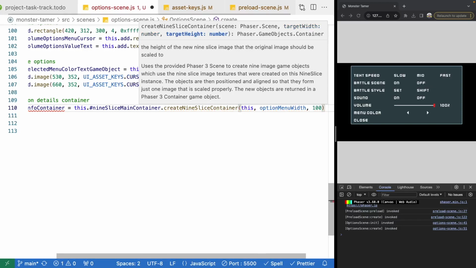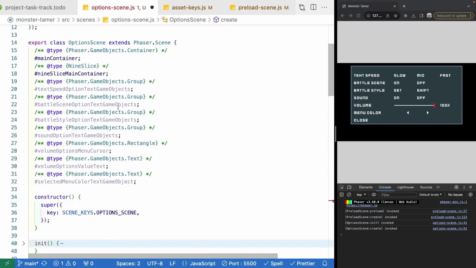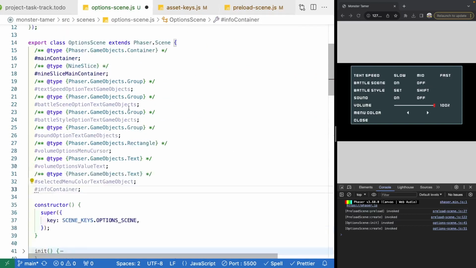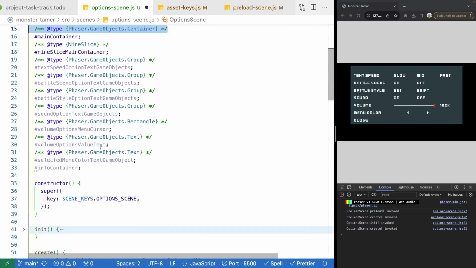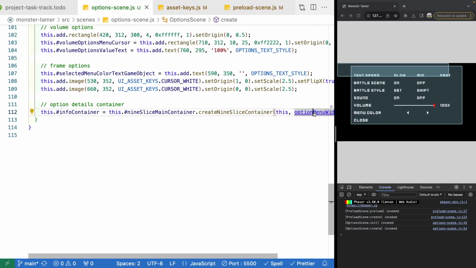And we only want this one to be 100 pixels tall. So real quick, let's add that container. So we come up to our class, let's add that in. And let's just copy our type for our main container. Go ahead and paste that. And so now our info container is added to our scene, and now we just need to go ahead and